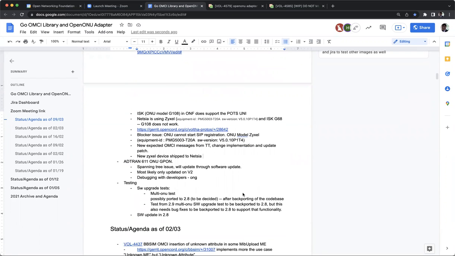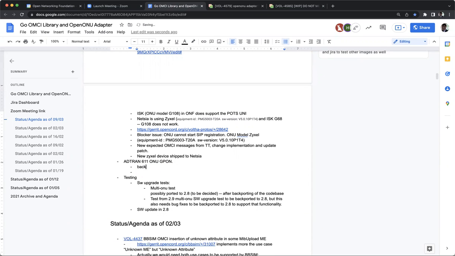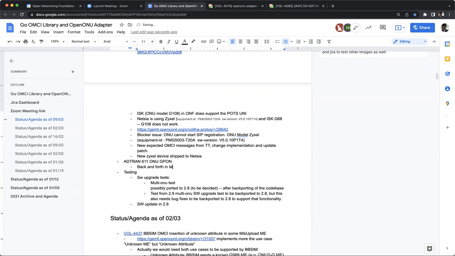Holger, on the 611, I know you were waiting for an updated software. Did that get out to you? Actually, it is back and forth here between ONU development and my tests. And what I figured out last week was that when we are in this error scenario, then the GEM adaptation layer Ethernet profile is not configured at the ONU. So actually, this might be the root cause of the issue, but